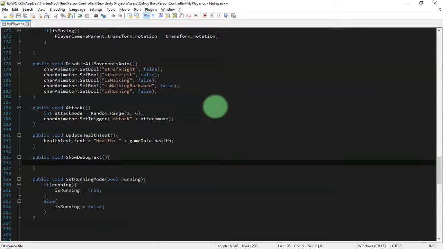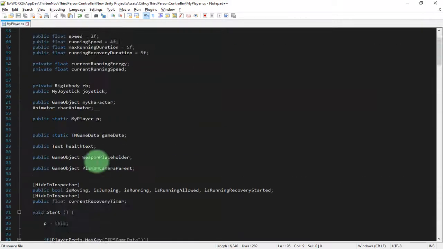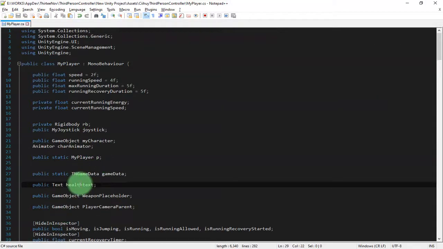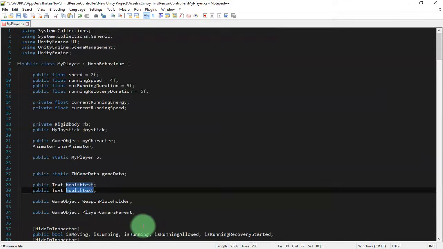Yeah, and here the text. Where is the text? I need to create public Text debugText. This one is the real debug text.